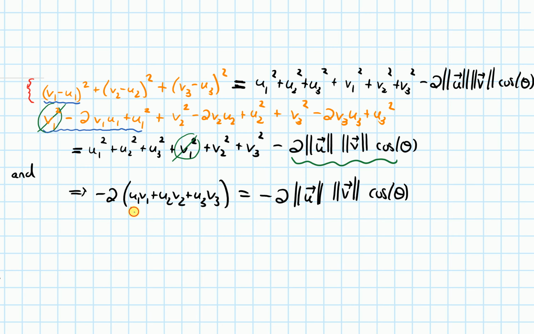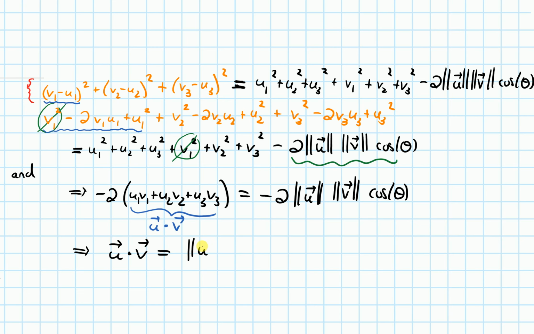But notice that this thing in parentheses looks familiar. u1 v1 plus u2 v2 plus u3 v3. This was the dot product. This was our definition of u dotted with v. So now if we divide both sides by the negative 2, what we get is that u dot v equals